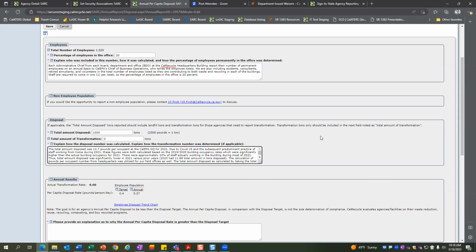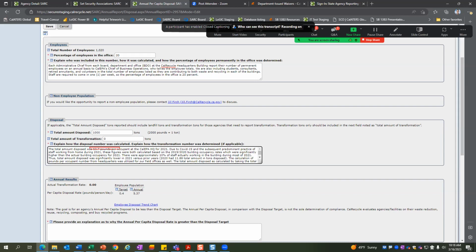We divide that by the number of employees total of all agencies in the building, come out with a number of 13.7 pounds per occupant. And then we multiply that by the number of employees for just our agency in particular. That's how we come about our tonnage number here. And you want to do that, adding up both your headquarters as well as all your facilities for that total disposal.